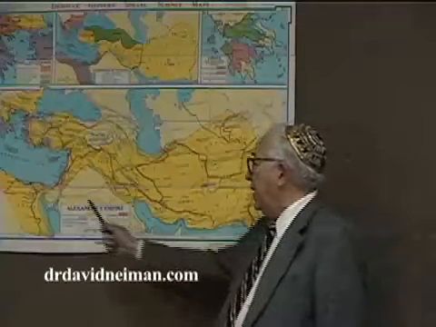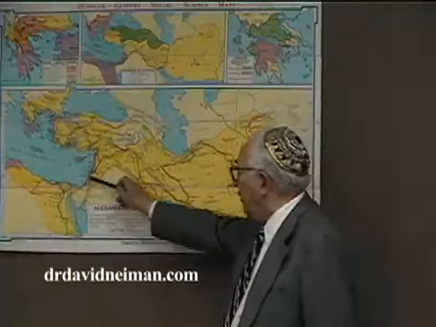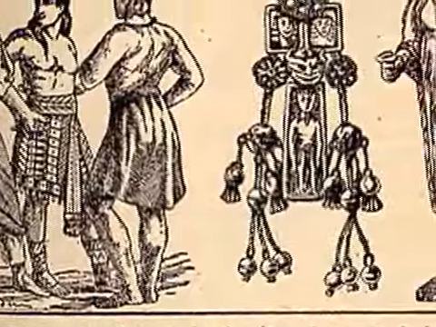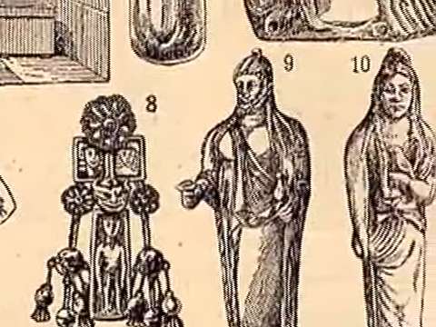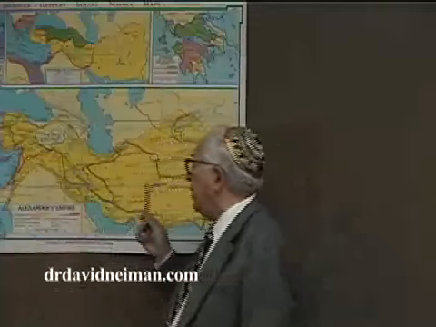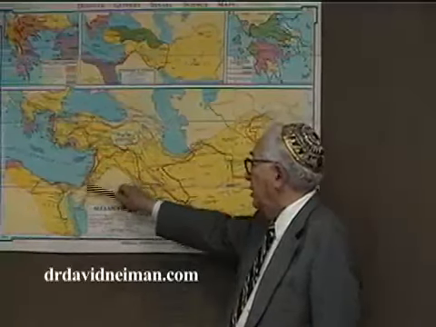The second one, almost contemporary, about the same time, perhaps a few hundred years later, is in the Nile Valley in Egypt. The third is in the Jordan Valley, which is a very small area, and it is out of here that civilization, which the Greeks called Phoenician, developed. Phoenicia in Greek is called Canaan in Hebrew, and that's the native name of the place. The Canaanites, or the people of Canaan, are the Phoenicians, as the Greeks call them. And their civilization embraced the land which is now Israel and Lebanon, the eastern seaboard of the Mediterranean. So here are the three cradles of ancient civilization: the Tigris-Euphrates Valley, the Nile Valley, and the eastern seaboard of the Mediterranean,